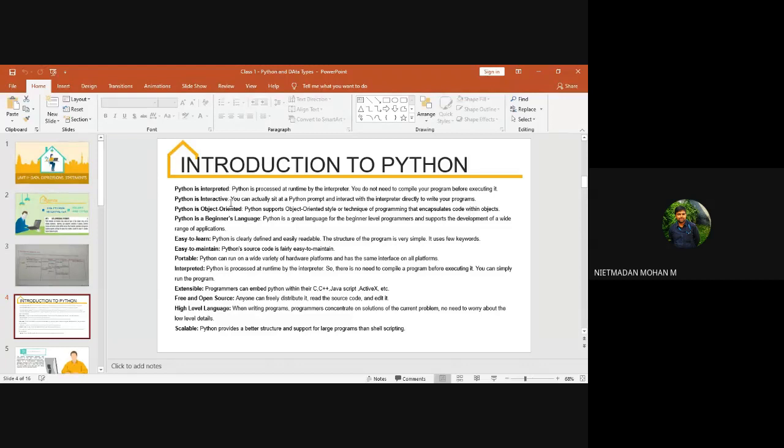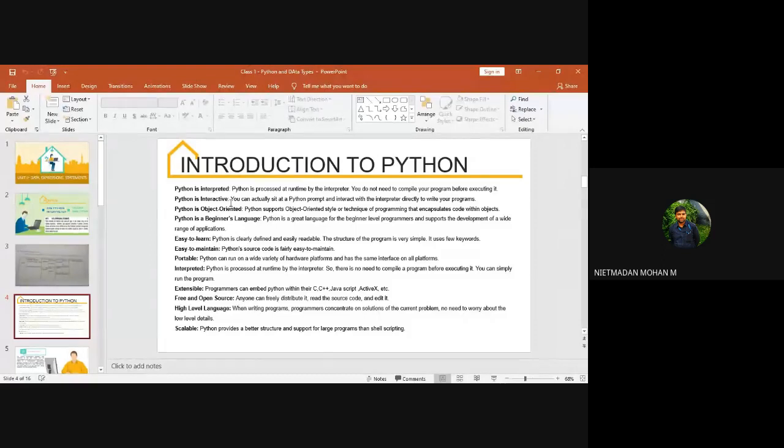I have mentioned that Python is a beginner language, easy to learn and easy to maintain. The source code is very short compared to other programming languages, and it is portable. It can run on any hardware platform with the same interface on all platforms. Majorly, it is free and open source.